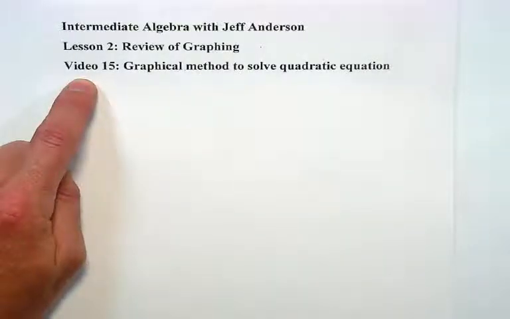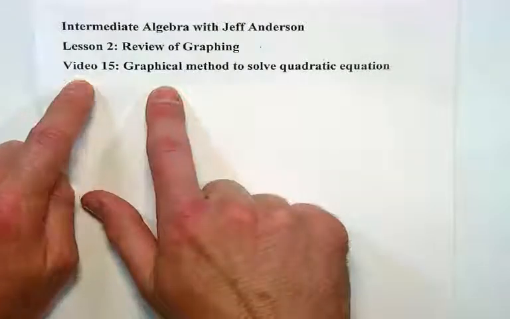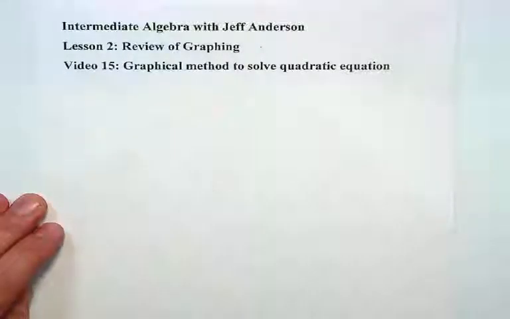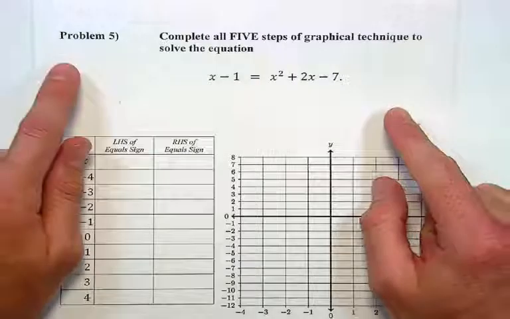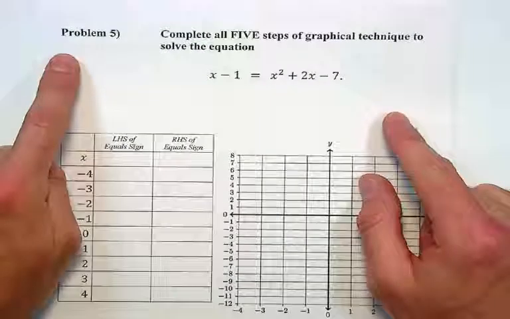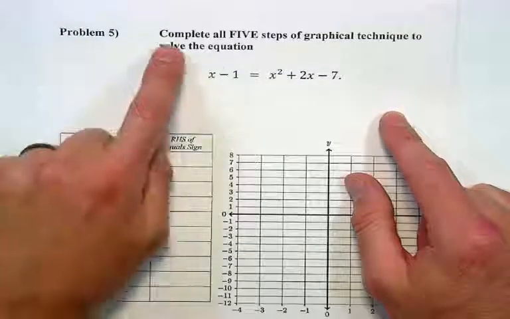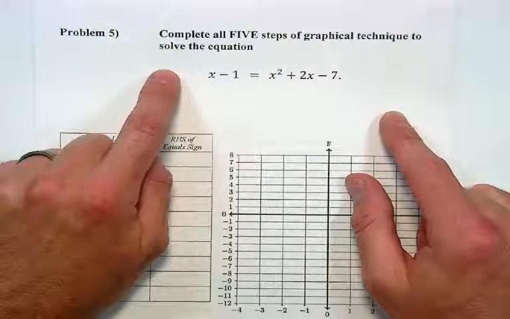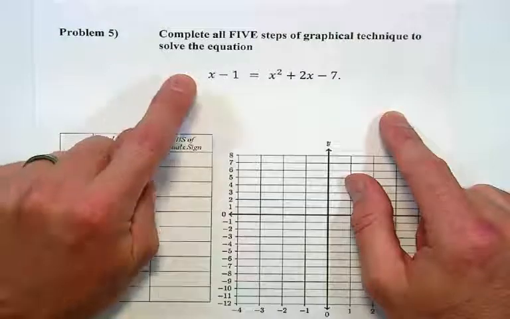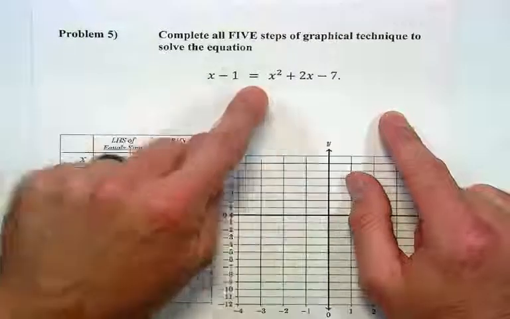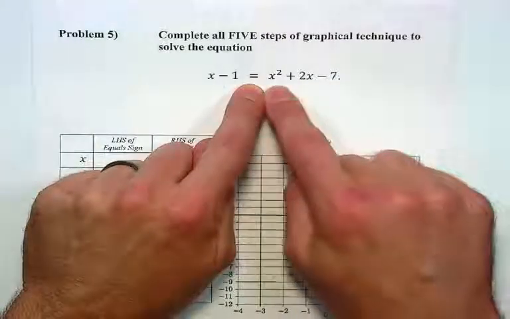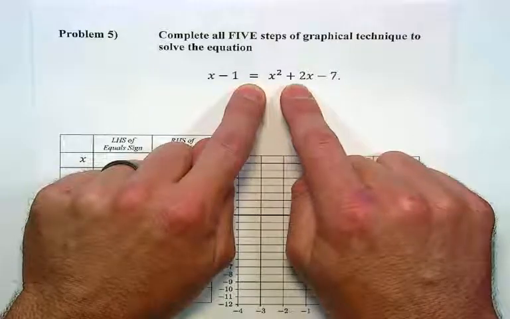Yay, we've made it to the last video in lesson 2. In this case, we're going to look at using a graphical technique to solve a quadratic equation. We begin by reading the entire problem statement out loud, problem 5. Complete all 5 steps of the graphical technique to solve the equation x minus 1 equals x squared plus 2x